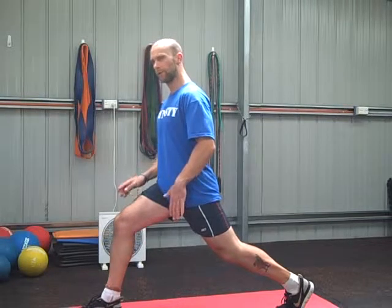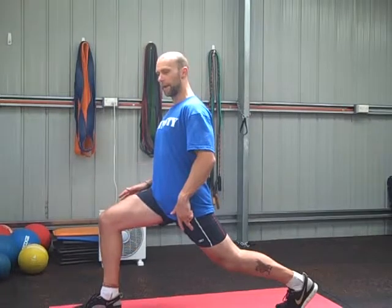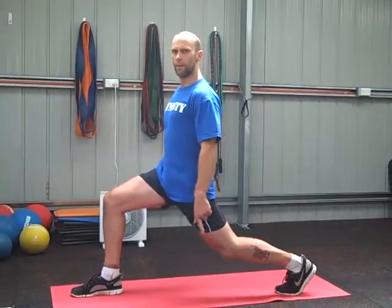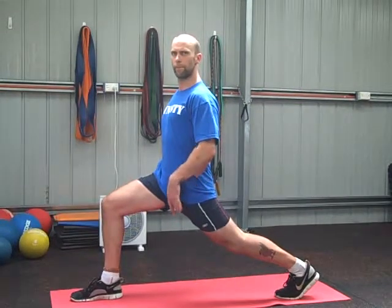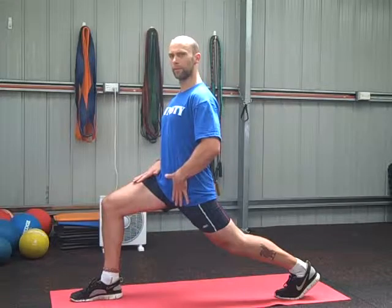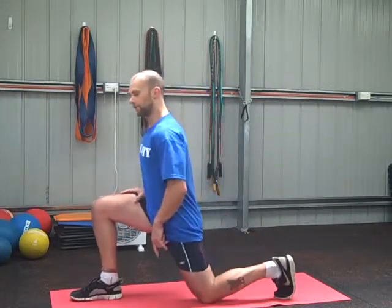So I'm driving my front heel through the floor, but pushing the front shin forward, back heel back. Nice tall spine. So again, get the stretch through here. The back knee is almost locking out. So I'm pushing that back heel back, pushing the front shin forward, opening up these hips. Okay, we don't arch the back, we keep this nice and tight. Rectus femoris